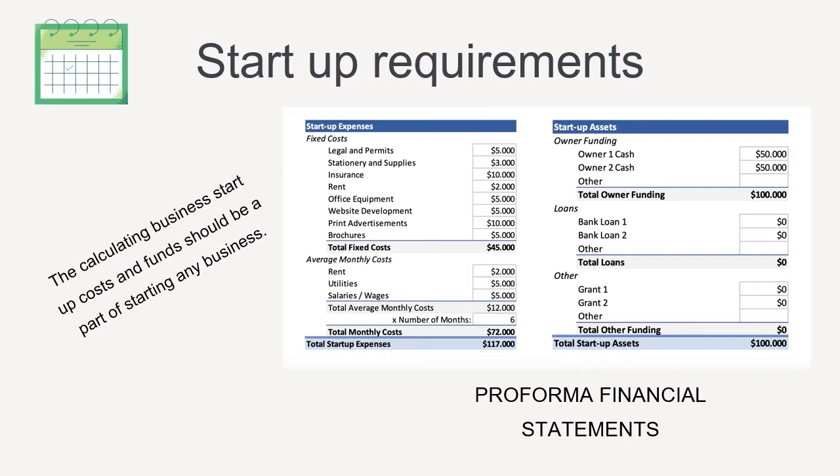Fixed costs. After all your funding sources have been outlined, start putting in the estimated fixed costs. These costs are one-time costs associated with getting your business up and running. This includes things like leasing space, purchasing assets, stocking up on inventory, and getting your legal and marketing issues in order.